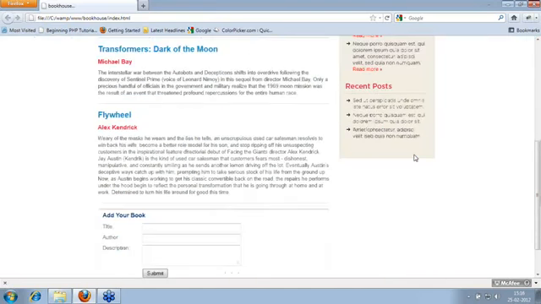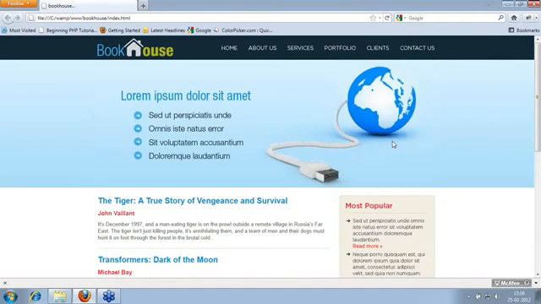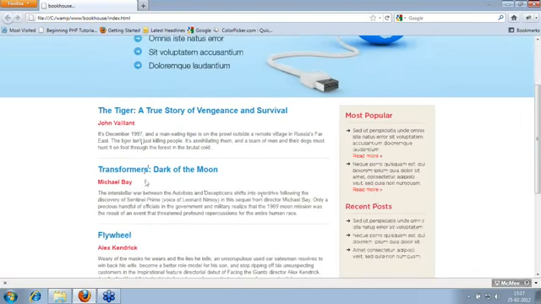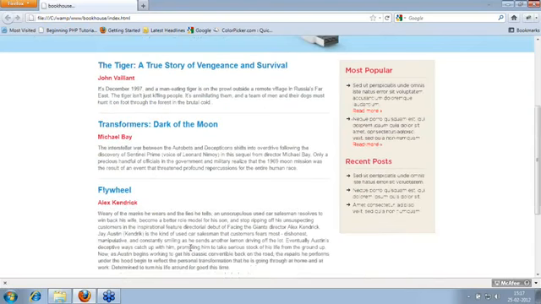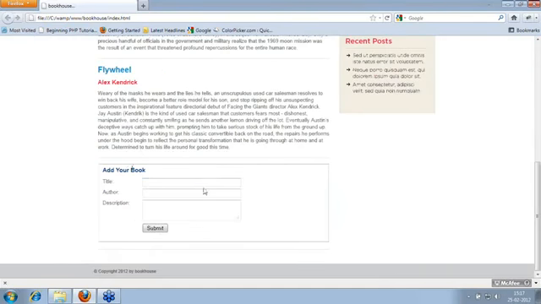This is a small book house which stores the details of many online booksellers or books, the author, the description and all. It is a small website which will allow you to add your books to the inventory. Here are all the details of the book, and this is a small form which will allow an end user to enter the details.